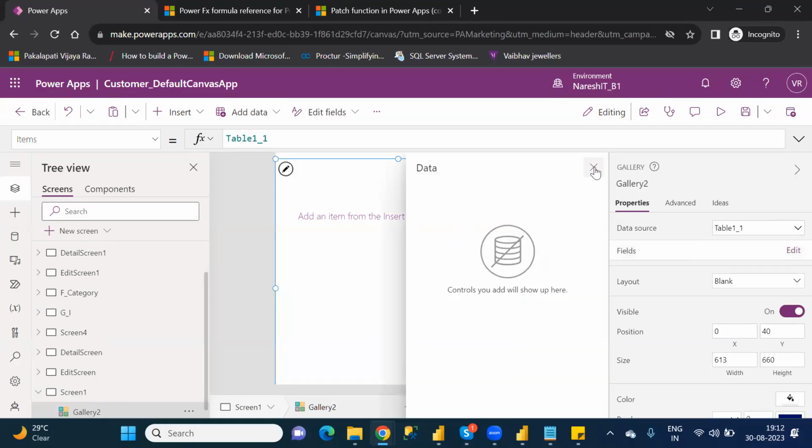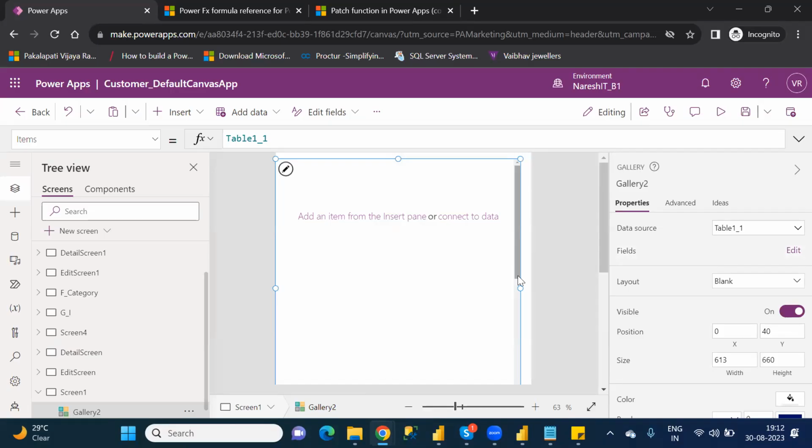It is not showing the columns. One second. We'll see later for gallery. This one, like,